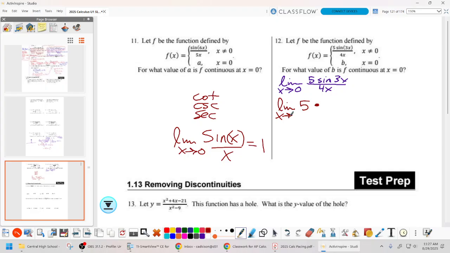And you can write it as limit as x approaches 5. I'm also going to pull the 4 out front because it's not going to help me match with the 3x. So pull it out front also. And I'm just using algebraic properties of limits to separate these. So now I have sine 3x